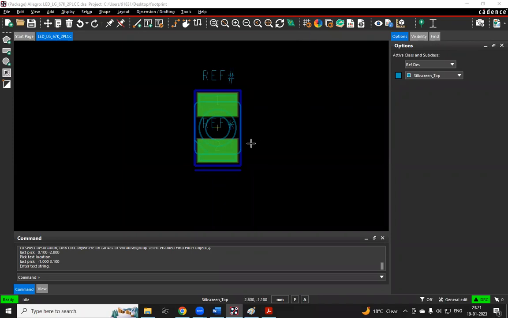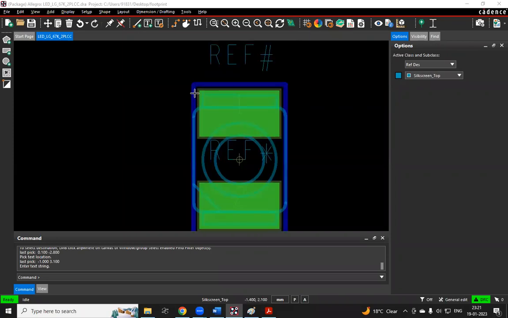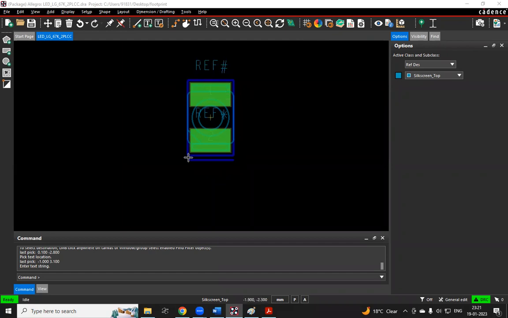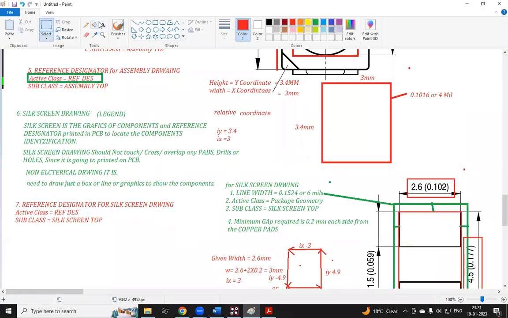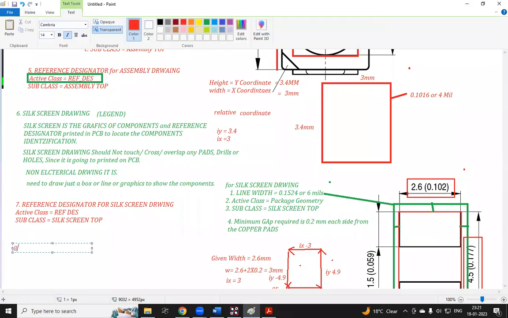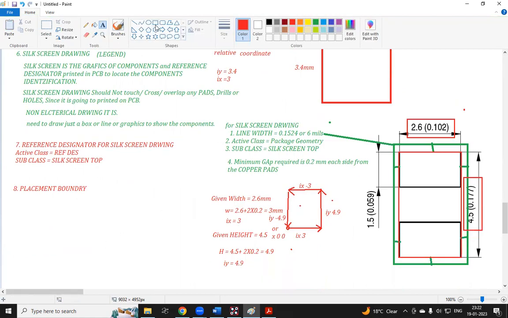Okay. So here, if we are not providing the placement boundaries or any boundaries, then if components touch and overlap, it will not show any error in our PCB. So there is something called placement boundary, or place bound top. Our topic is placement boundary. Boundary means, suppose we have a component here